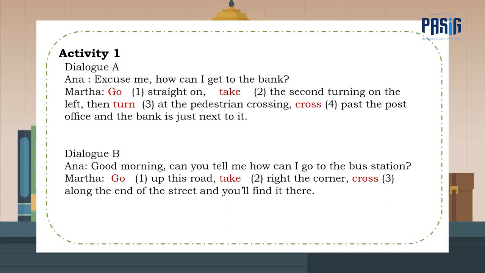For dialog B, Anna: Good morning. Can you tell me how can I go to the bus station? Martha: Go up this road, take the right corner, cross along the end of the street, and you'll find it